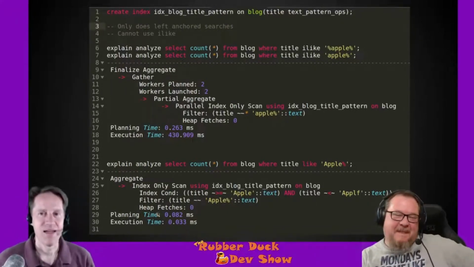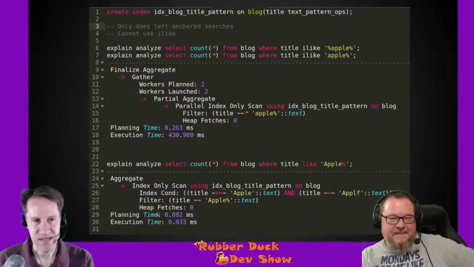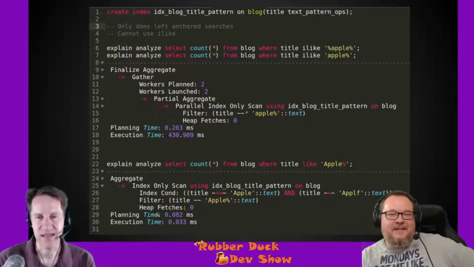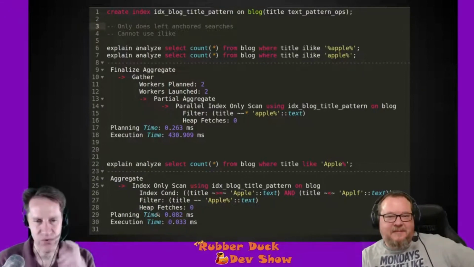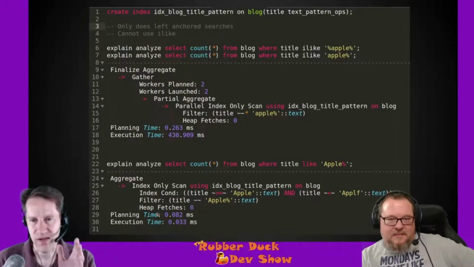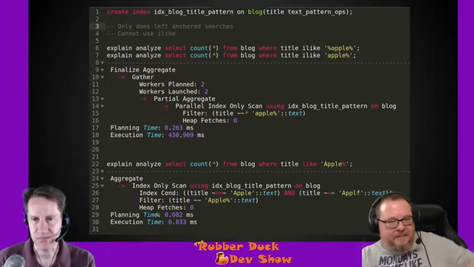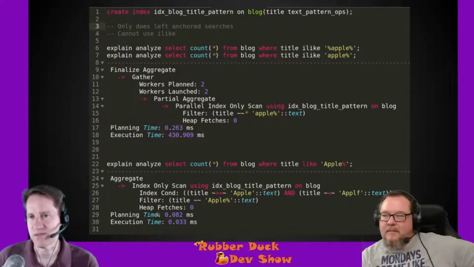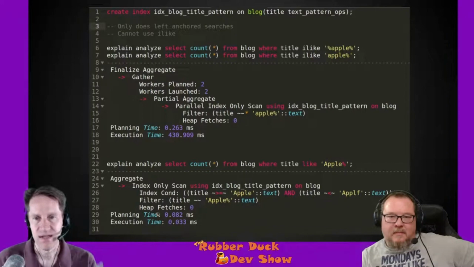So if you look at number 6, that's the same query as before. Even adding that text pattern ops, you can still see it's doing those parallel index scans, scanning through all the values. That doesn't speed things up. Even if I do a left anchored search, meaning I'm only looking for some value and then a wildcard at the end, it's not going to work,